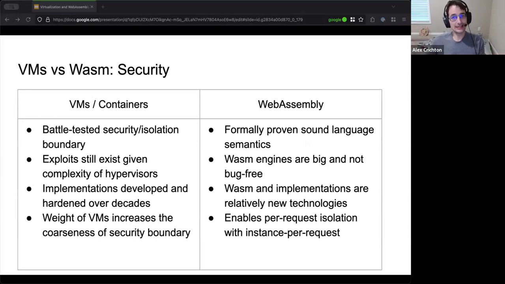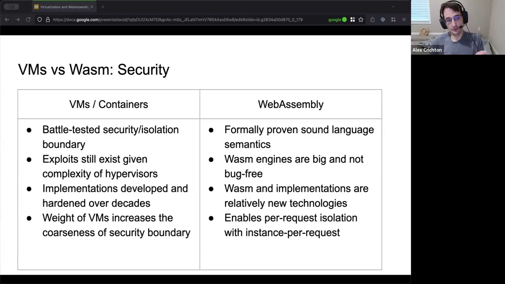WebAssembly does offer, however, that it is a formally proven sound language. There are formal semantics around it. It is known to be safe, so they have similar things in that regard. One of the downsides of virtual machines, though, is that you have a very large hypervisor under the hood, which is known to have bugs every now and then. There are virtual machine escapes every now and then, and WebAssembly is not free of that either. WebAssembly is running inside of an engine which may or may not be bug-free, or most frequently is not bug-free. There are typically bugs here and there, so while WebAssembly is safe at a formal level, it may not be safe at a practical level, or rather, there are bugs to find that could possibly be exploited.